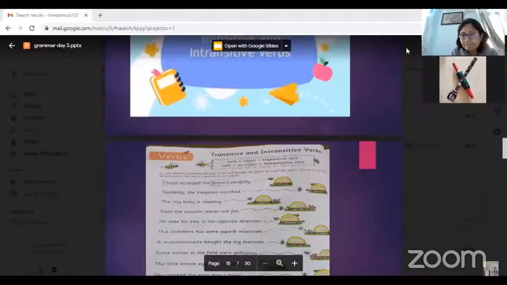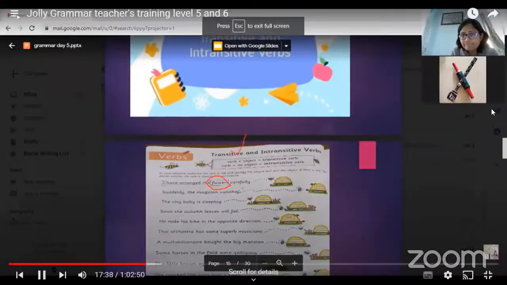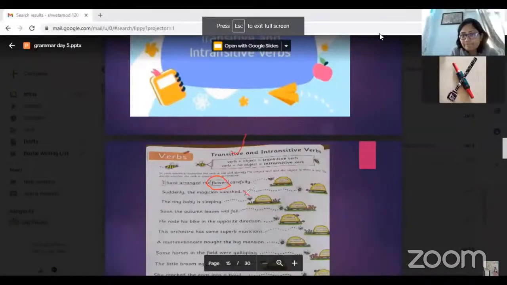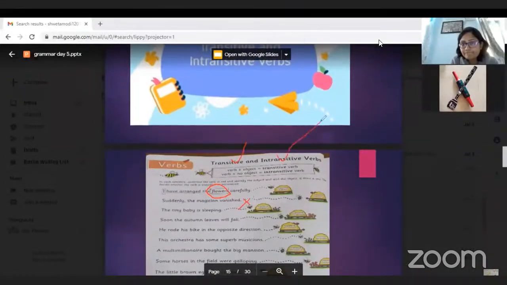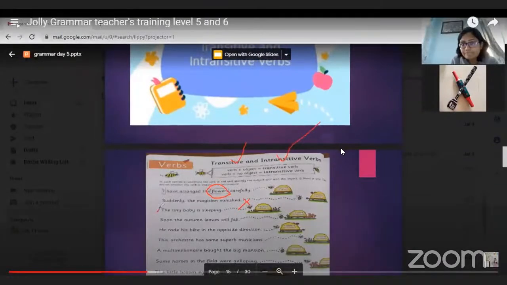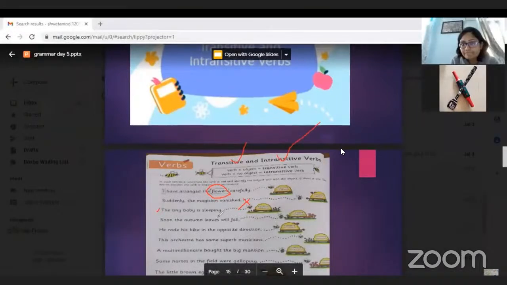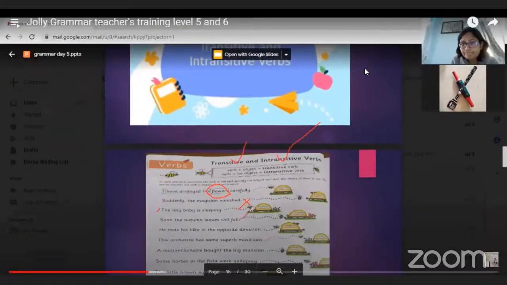Second. So if you have an object, then it is transitive. If you do not have an object, then it is intransitive. So because the flowers is object, so we will call this as transitive. But here there is no object, so it will be intransitive. Can you tell me this third sentence, what it will be? Intransitive. Fourth also intransitive. This is also intransitive